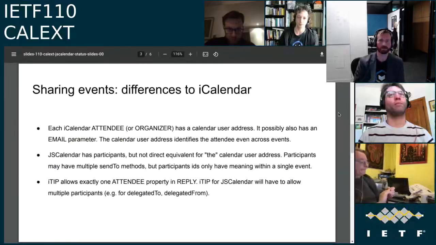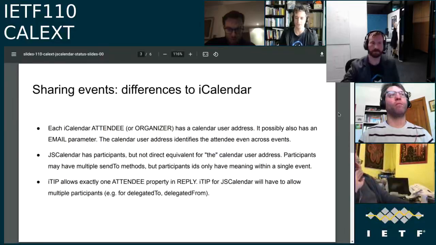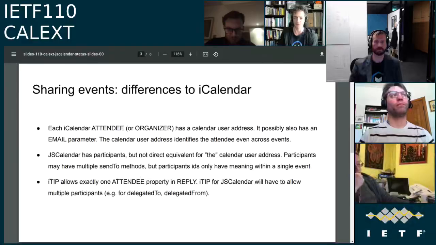We now have the problem that we can't clearly map between these two formats. If we map an iCalendar to a JS Calendar and then someone changes the sendTo method entries, probably giving them more than one entry, we won't be able to identify which one to use as the calendar user address in iCalendar. This is the one issue.